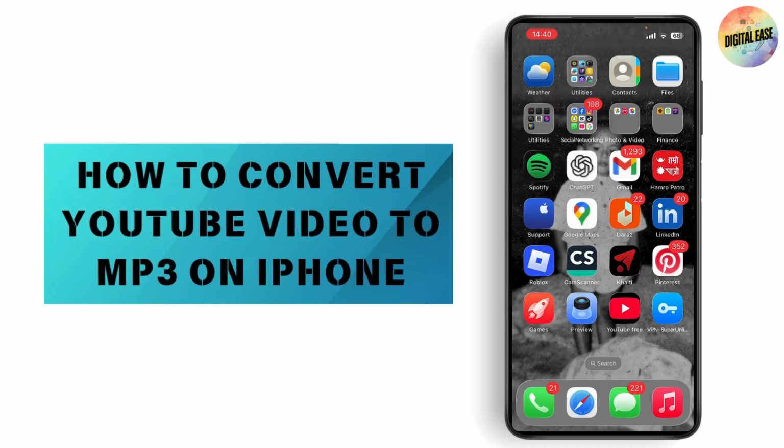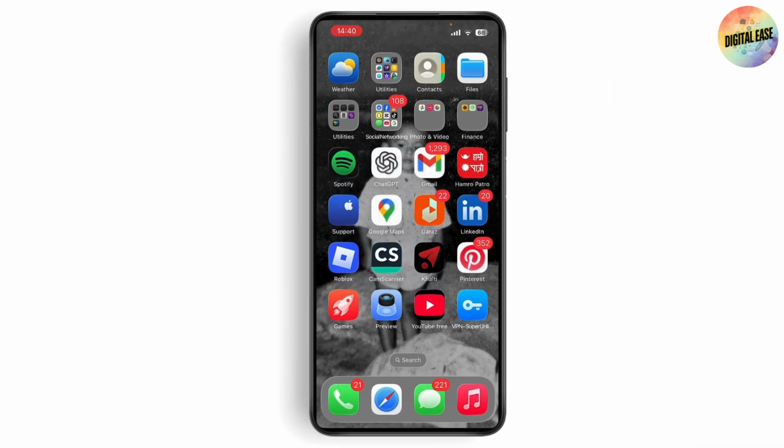How to convert YouTube video to MP3 on iPhone. So if you want to convert YouTube video to MP3 on your iPhone, then what you need to do